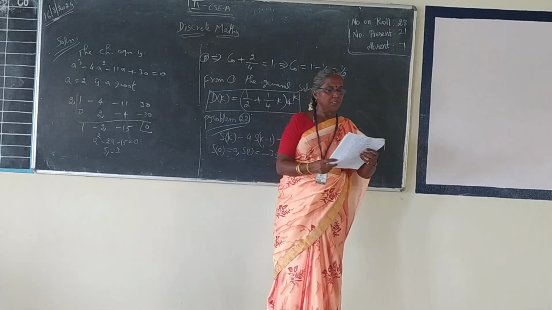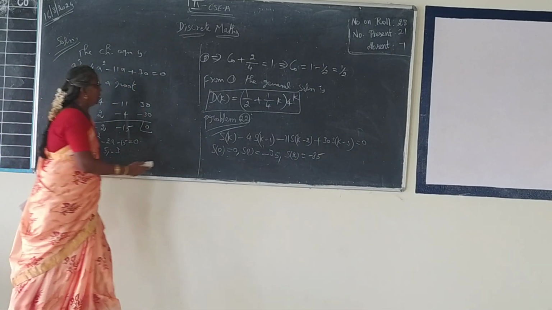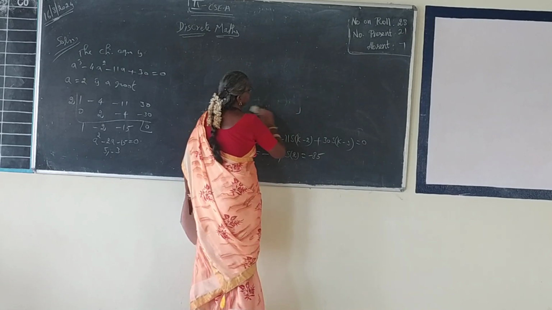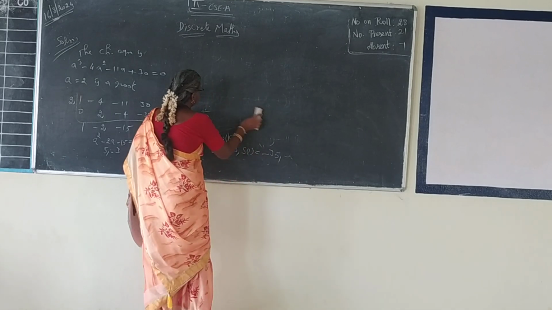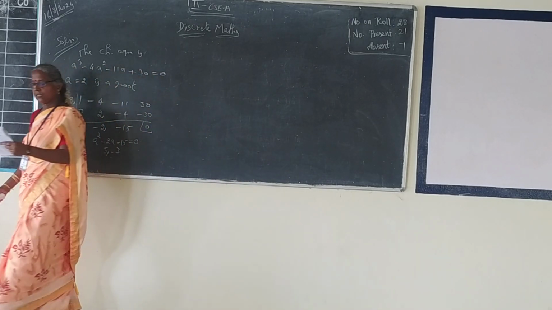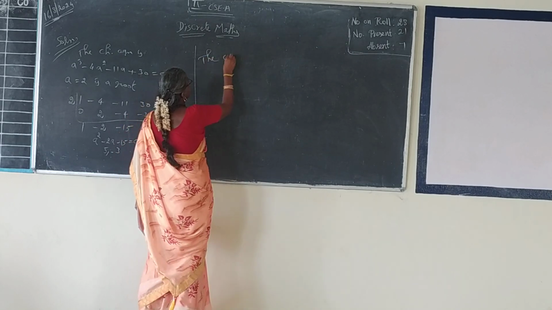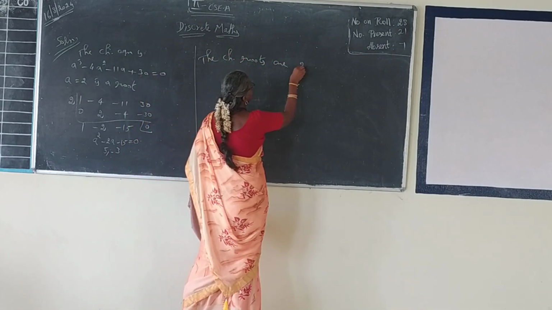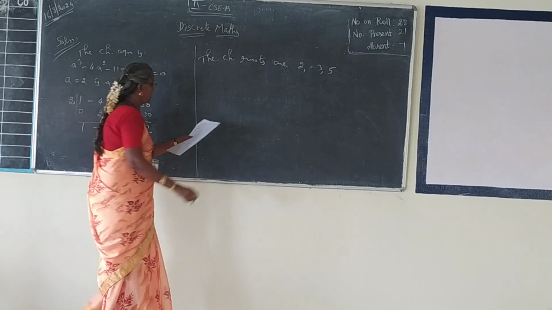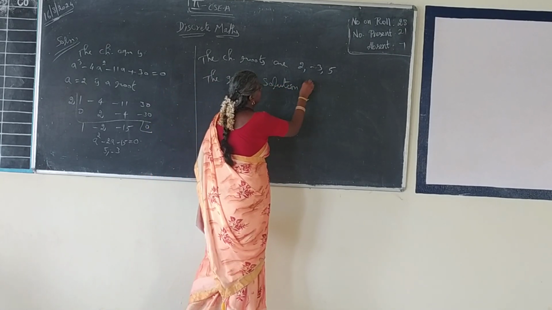Here the roots are 5, minus 3. So next time you write, the characteristic roots are... therefore the general solution is S of k equal to